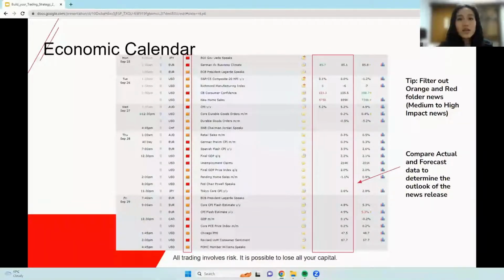You can see we like to use forexfactory.com. So let me just pull out this week's events. This just shows you the medium to high impact news events. This is just how we like to use an economic calendar, by comparing the actual and forecasted data to determine the outlook of the news release. So if you take a look at my screen now,